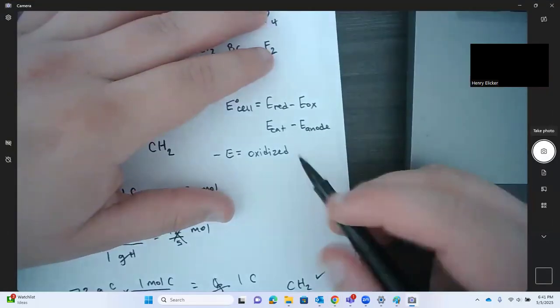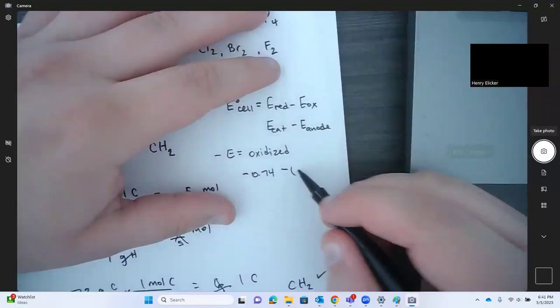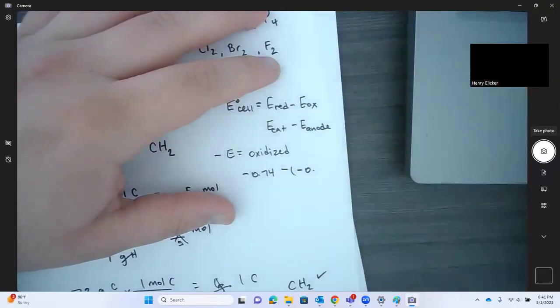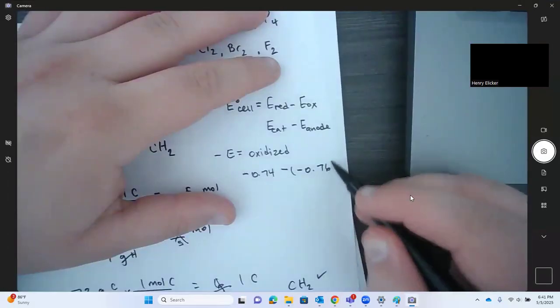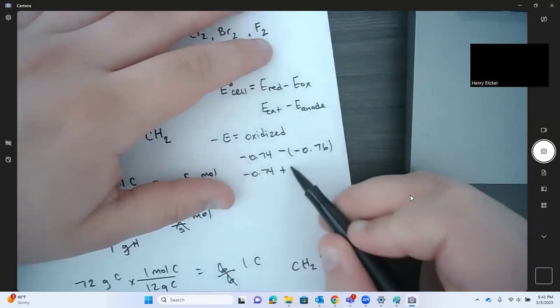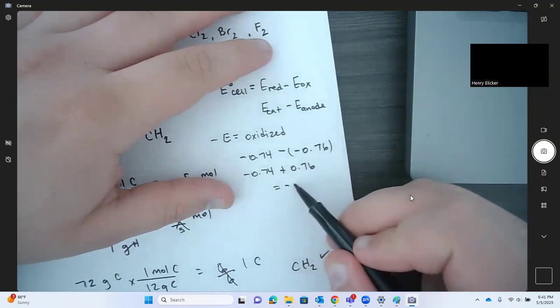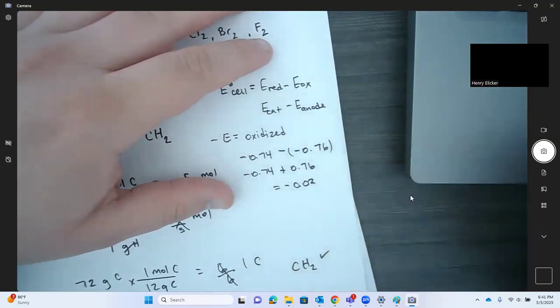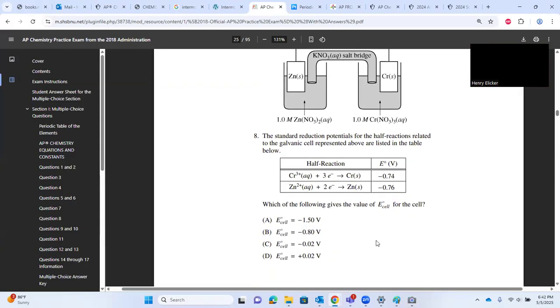So the reduction one should be negative 0.74 because it's a larger value, minus the smaller one, negative 0.76. And that's like saying negative 0.74 plus 0.76, which should give us negative 0.02. And that would actually be,